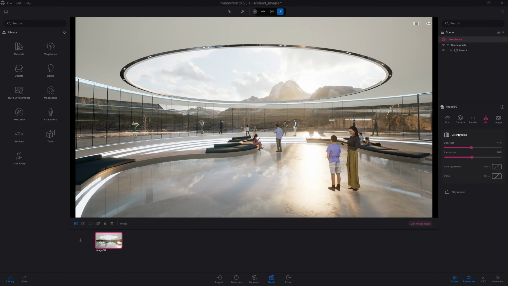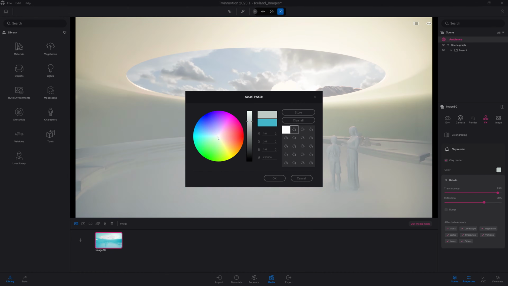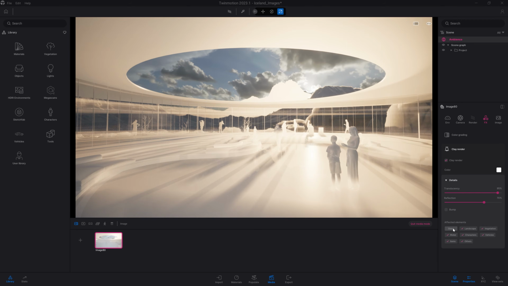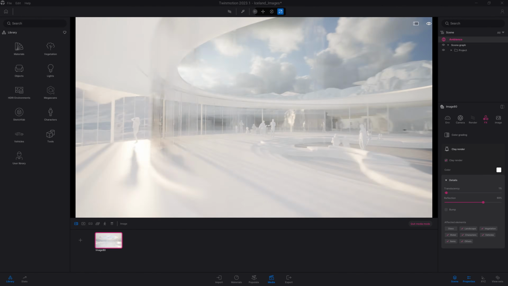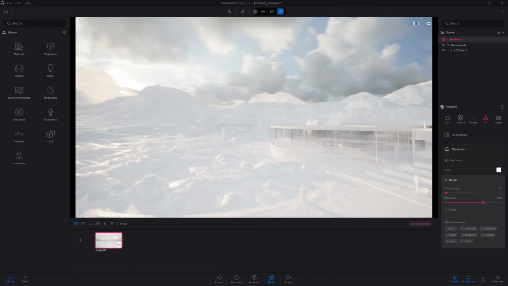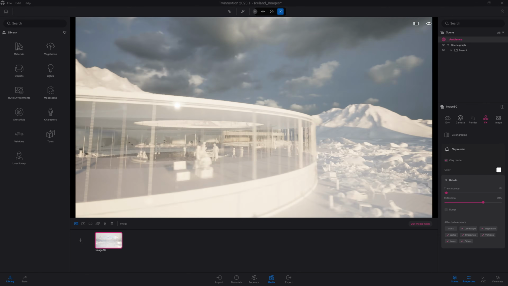Finally, at the bottom of the FX panel, you will find the Clay Render. When you turn that option on, all the materials of your project turn into the defined color. You can customize that color. So here, for example, I can choose to have a white model. I can choose to disable that effect on glass, so we can see through, and we can even customize the translucency of that material. So here, in just a couple of clicks, we completely switch from a really realistic environment to some kind of architectural white model. Pretty cool.